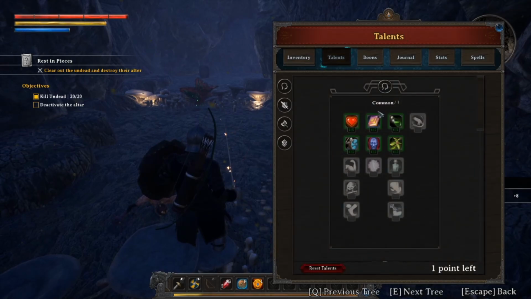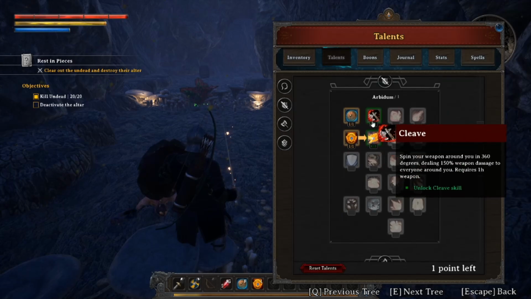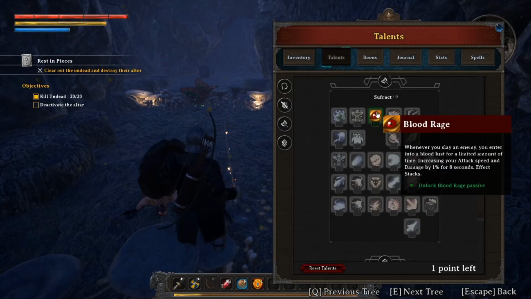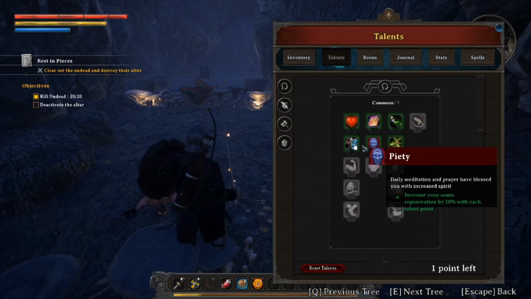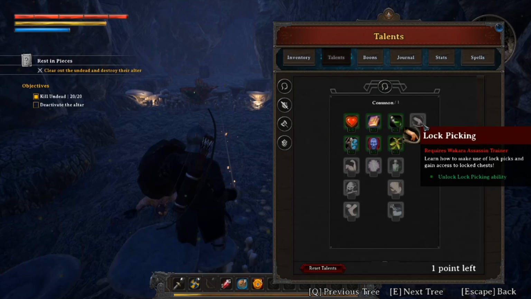Alright, so we have a skill point to put in. Stalwart Defender: increase the armor bonus with Holy Bulwark by 5 each time. That could be good. We could also do Cleave. Kind of like the idea of Cleave. Blood Rage: when you slay an enemy, enter bloodlust for a limited amount of time, increasing your attack speed. That could be good. All of the normal stuff would be nice, like being able to do Alchemy. Do we spend a point on Alchemy now? Oh, there's lockpicking. Requires...